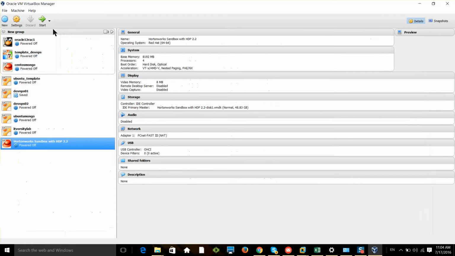So this one I already have the software, that's why I'm seeing a lot of VM images here. But for you, there will not be any virtual machine images here. It will be plain slate, and then we have to get the actual images, and we have to import into the Oracle VM VirtualBox manager, so that you can actually have the virtual machine to start practicing whatever tool you want to practice using this virtualization software.